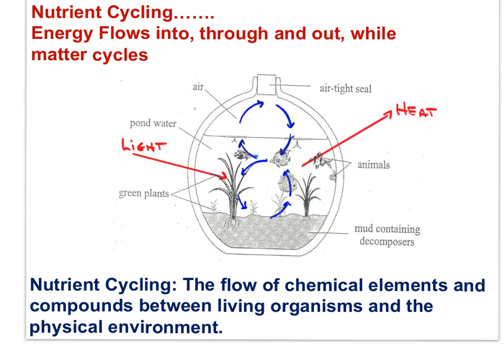Here's an image you've seen before. The Earth as a closed system. Light, high-quality energy enters the system, is transformed into chemical energy by photosynthesis, flows through the system as chemical energy as the energy moves through the food webs, and leaves the system as heat. Matter, however, chemical elements, compounds, cycle among living organisms and the physical environment. The IB syllabus notes, in closed ecosystems, energy, but not matter, is exchanged with the surroundings.